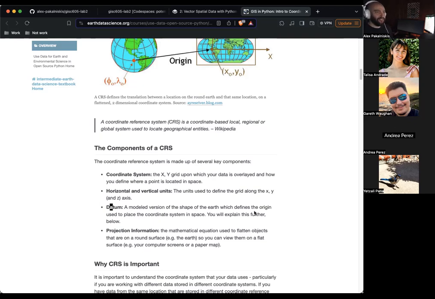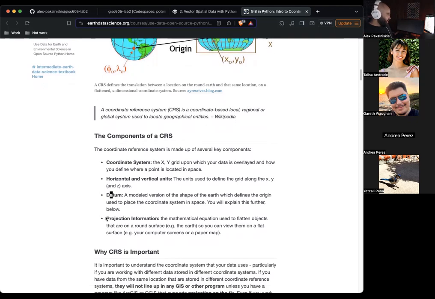It's not this perfect sphere that's nicely depicted on globes; it's this weird, funky-looking mass, and that affects how things are projected depending on which model of the blob you're using. Finally, the projection information is the math that defines how to flatten objects on the round surface so you can view them on your computer screen.